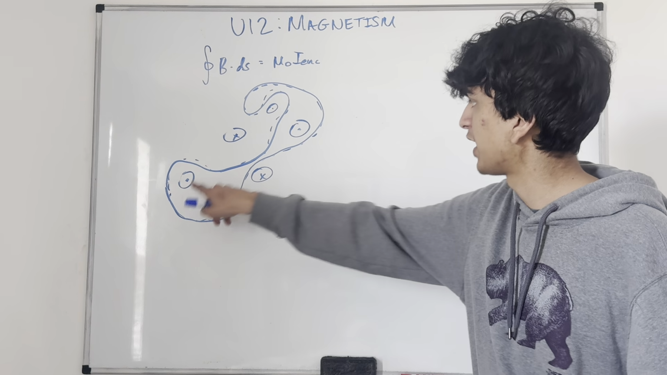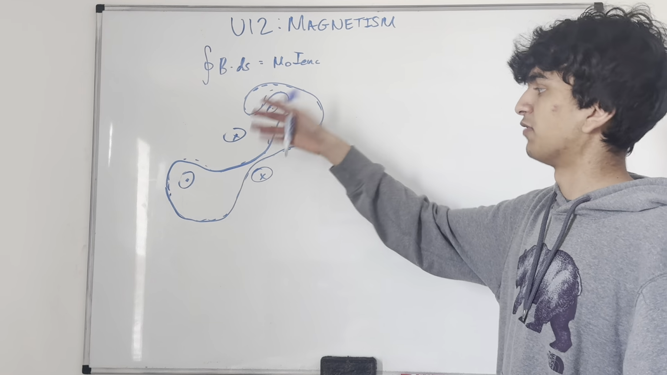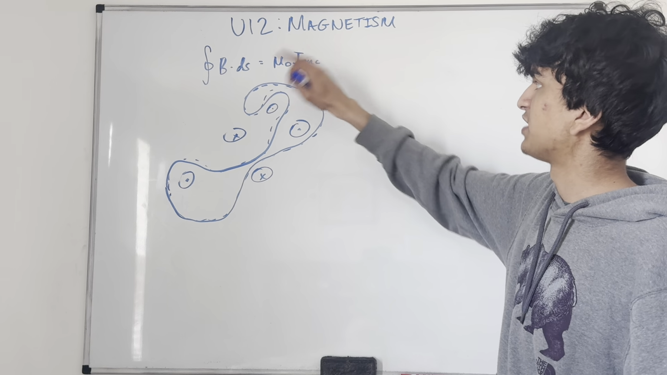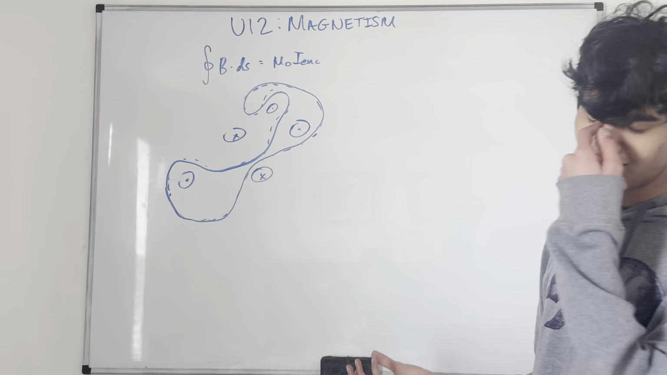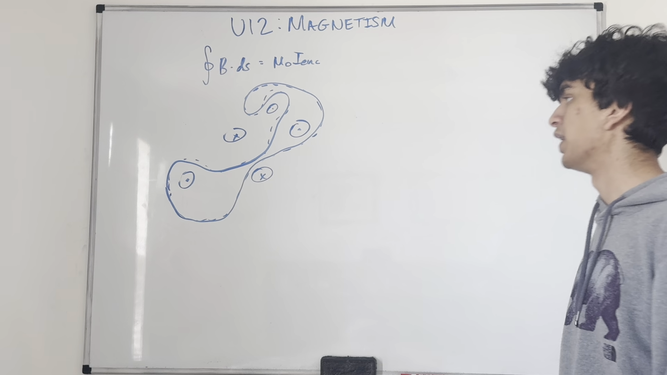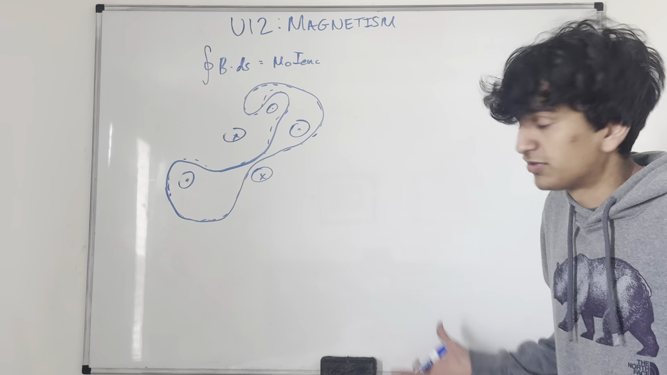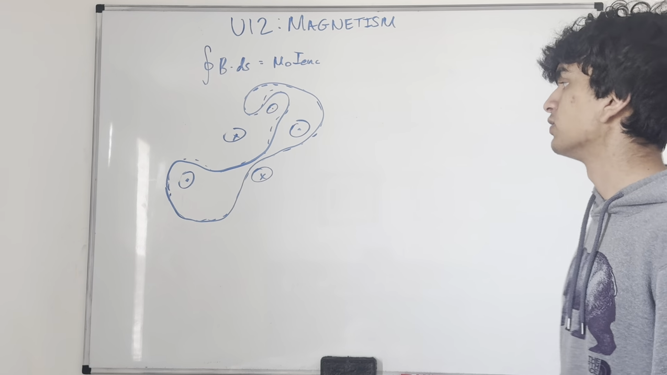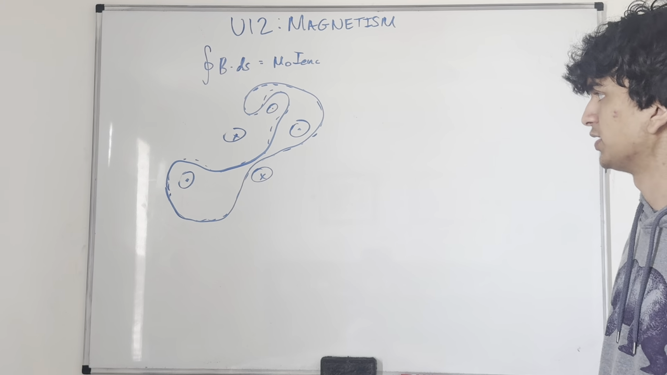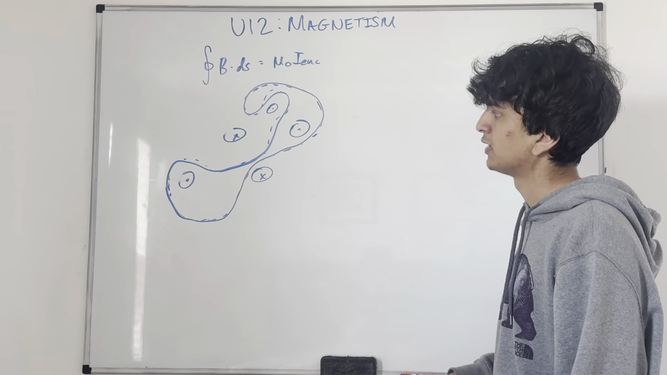So if this is 2 amps, for example, it would be 4 amps times mu naught, which is, by the way, the magnetic... I always forget, it's either permittivity or permeability. But it's a constant. And these are not enclosed within the loop, so they have no contribution, right? Because if you think about it,